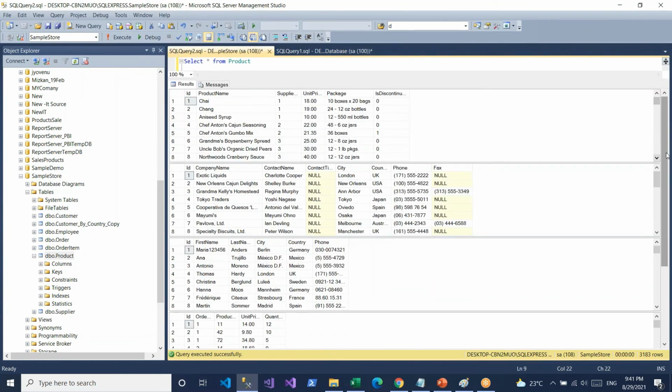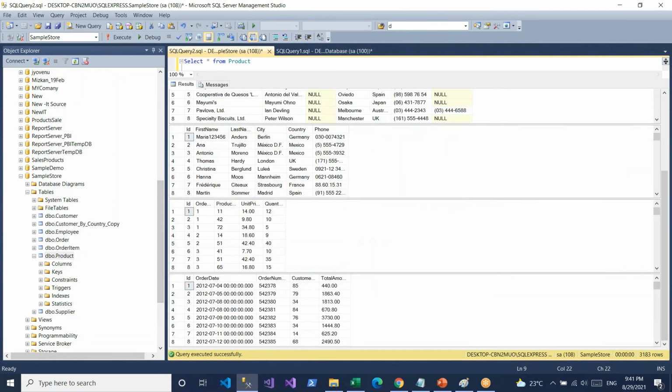So for example, this order ID will be there, having some value, and some customer will be there. The total amount is based on these orders. Combining these three values, this total amount will come out. So this is the order, and this customer, 85, is having the same information.